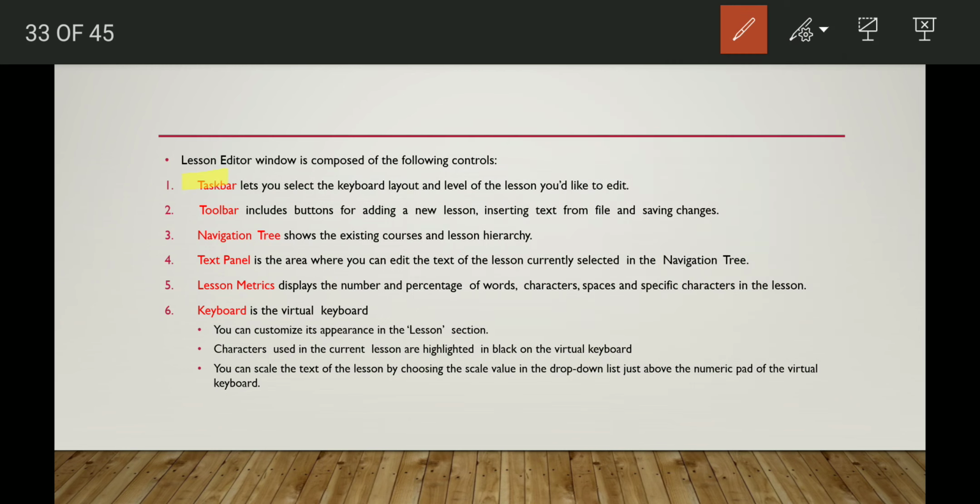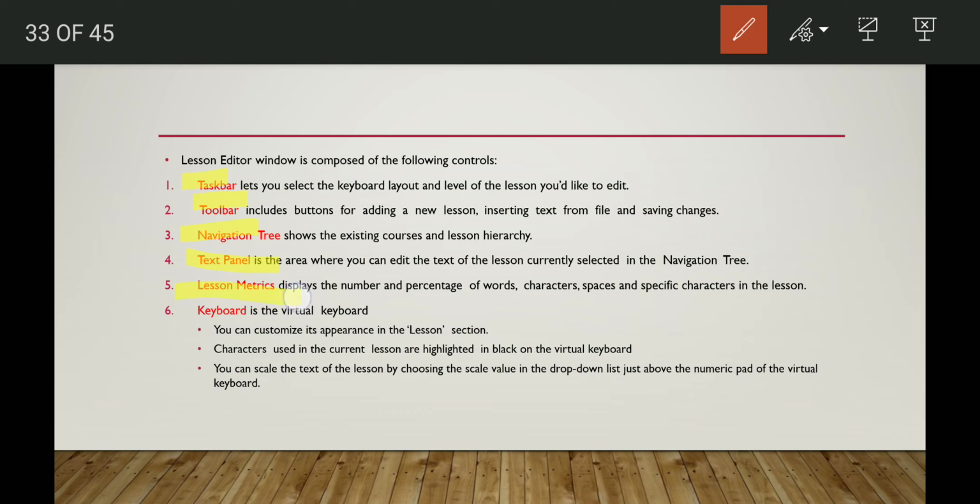So just revise what we have studied till now. Using taskbar, what can you select? You can select the keyboard layout and level of the lesson. Using toolbar, what can you do? You can add a new lesson, insert text from a file, or save the changes. From navigation tree, you can show the existing courses and lesson hierarchy. Using text panel, you can edit the text of the lesson selected in the navigation tree.